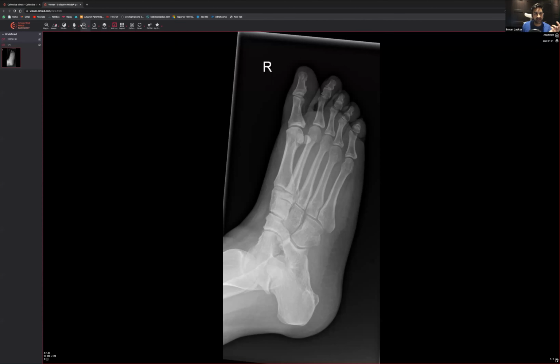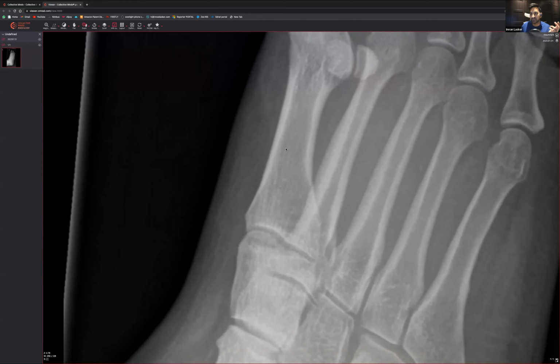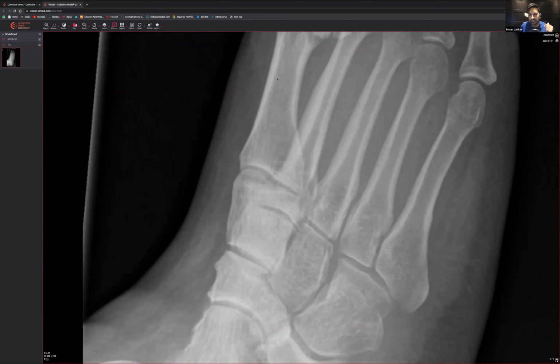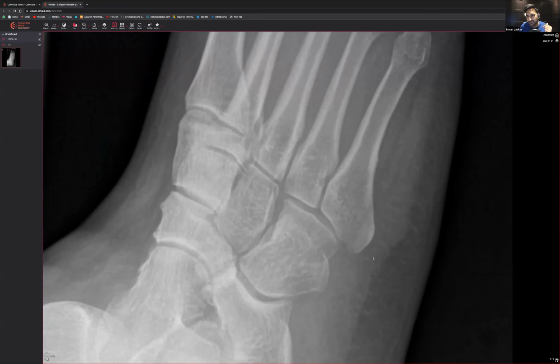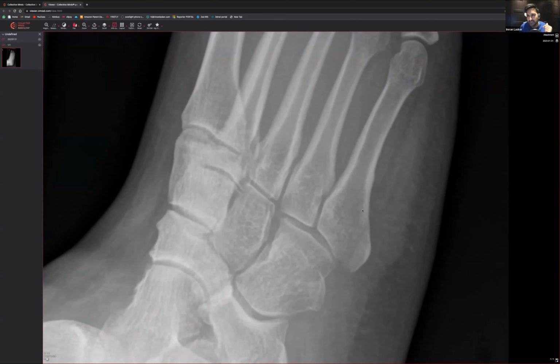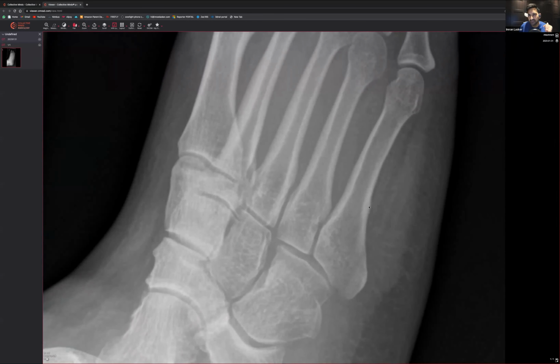So what did I say to do? Always try and have a look at the shafts of the bone. Just make sure they look very smooth all the way along. It looks smooth, doesn't it? It doesn't look like there's much going on so far. Okay, and then you want to look at the base of the fifth. Base of the fifth, I can't see anything immediately going on. Maybe, yeah, there's something there, isn't it?